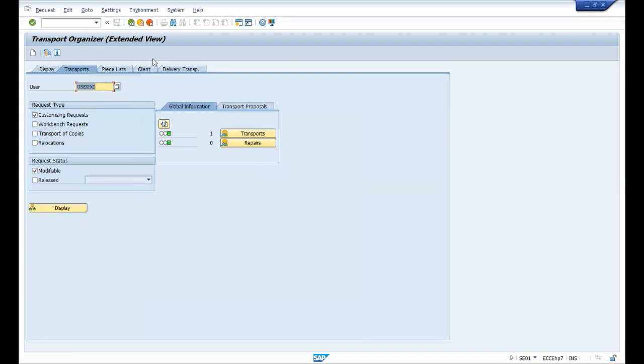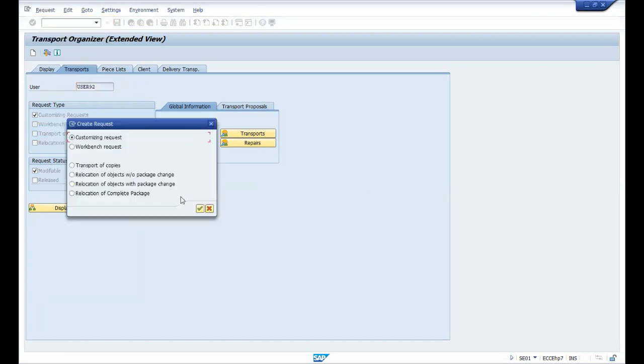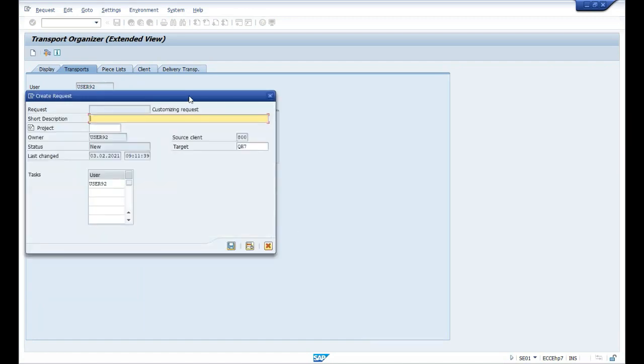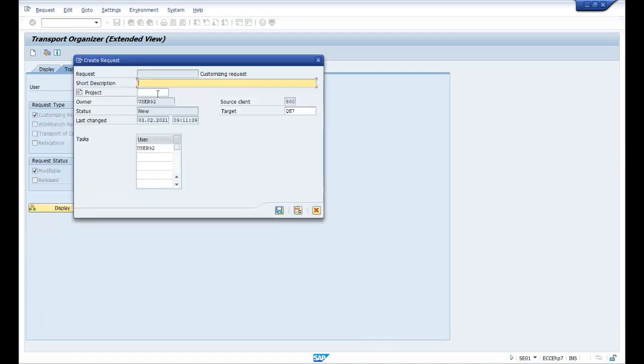Once you go to SE01, go to your Request menu and try to create a new transport request. We are trying to create the transport request manually. Now, when we are creating the transport request manually, enter the short description, put it as SAP MM material master configuration, or P2P configuration, or whatever you want to put.